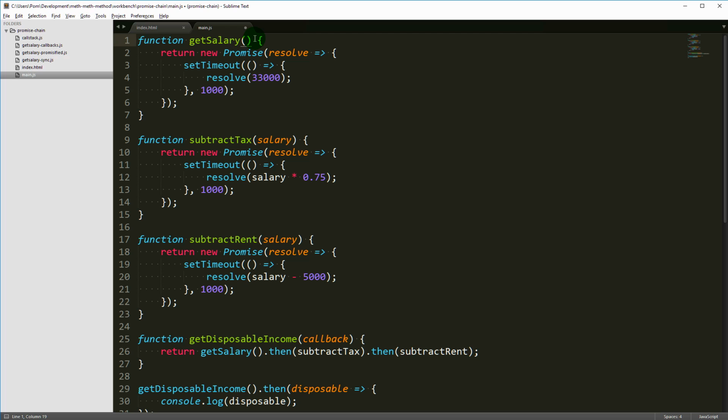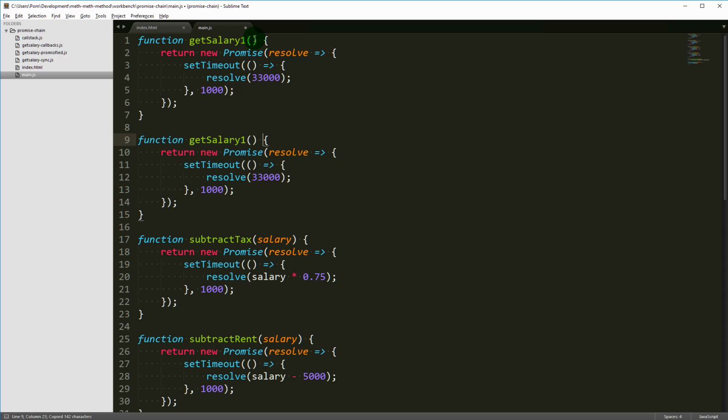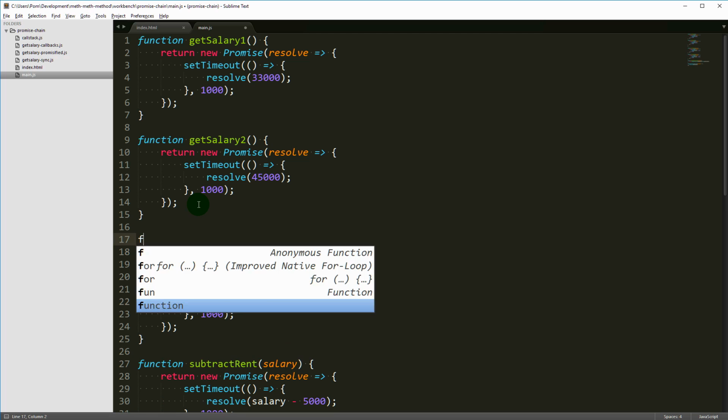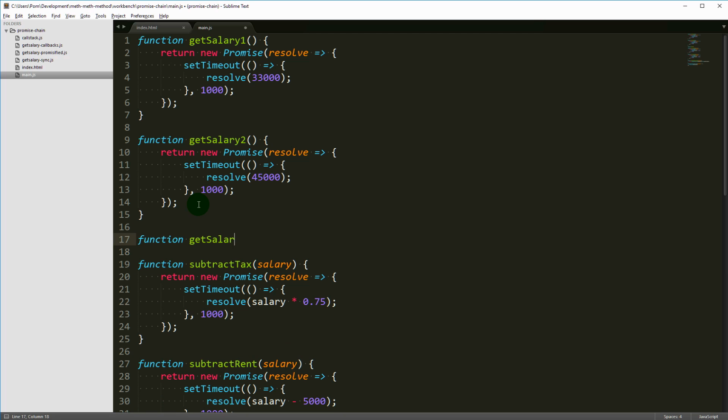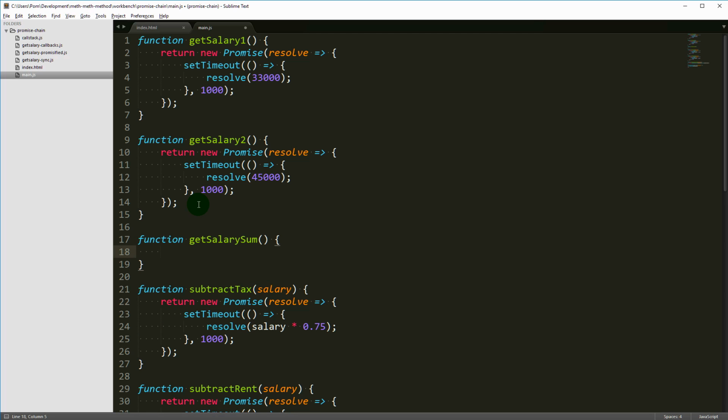Then we can say here, get salary 1, and it's going to be 33,000. And we have get salary 2, which is 45,000. They take 1 second each, but we don't have to execute them sequentially. We can combine this time into one. The way to do this with promises is very easy. We can add a new function that's called get salary sum. And in this we return a